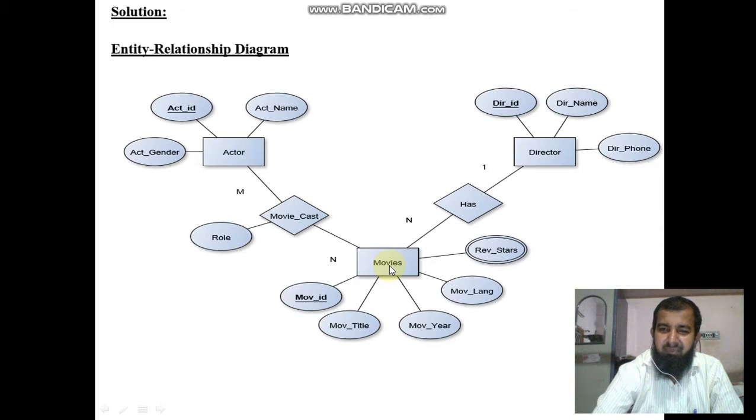Then the movies entity contains attributes: movie ID is the primary key, movie title, movie year, movie language, then received stars, then movie has directors. The director entity contains attributes director ID, director name and director phone number.